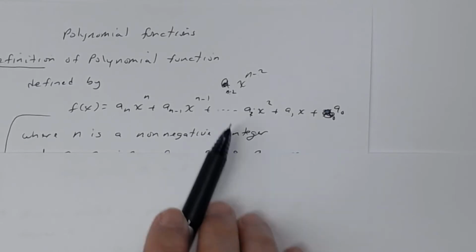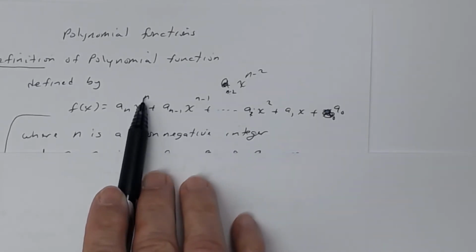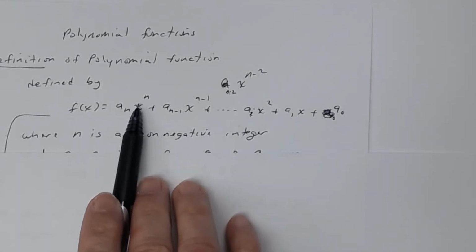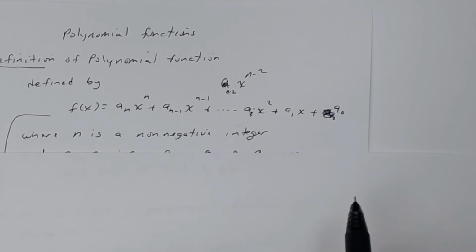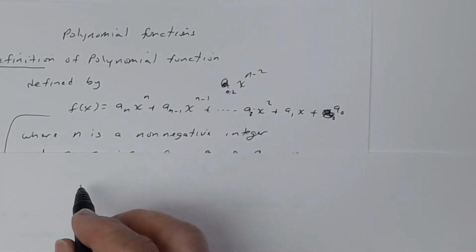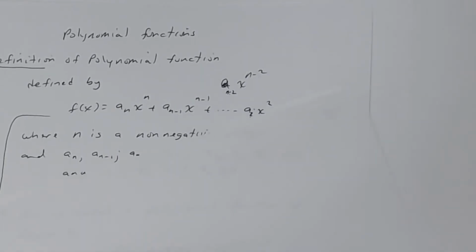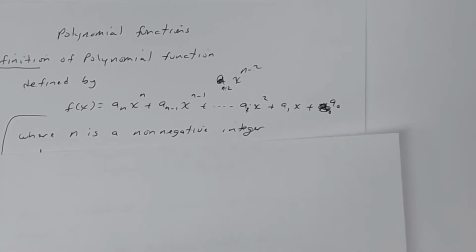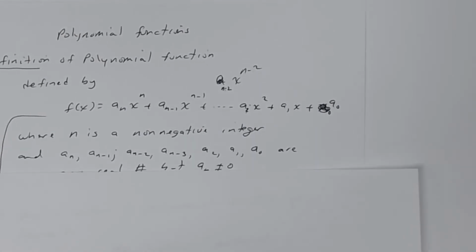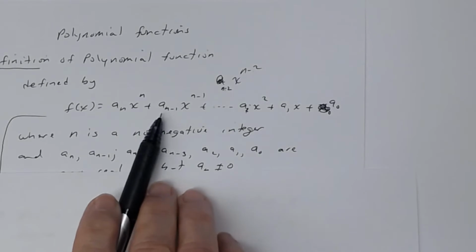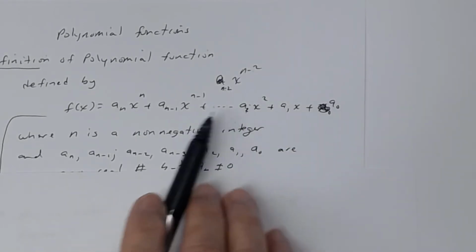So your exponents must be integers, and they cannot be negative. Okay? So they must be non-negative. All right, so for example, let me go ahead and just give you some examples of what I mean by this. And also, your coefficients, though, can be any real number. So the coefficients can be any real number